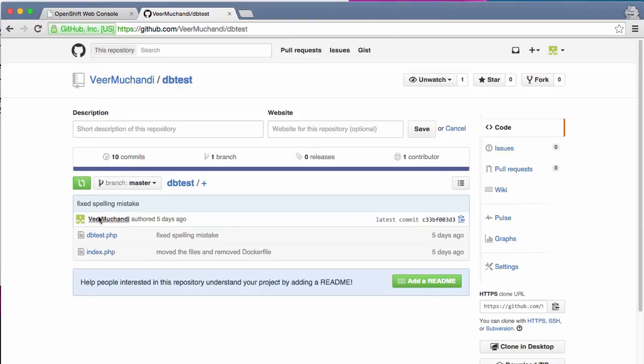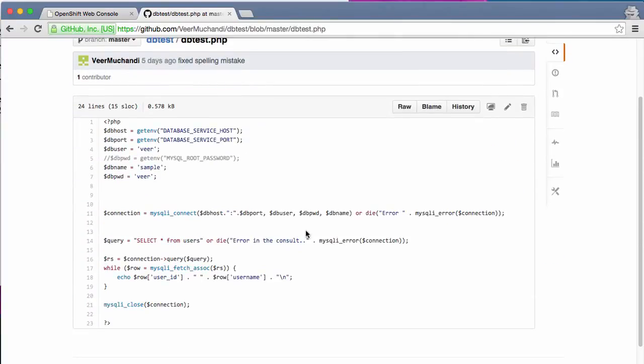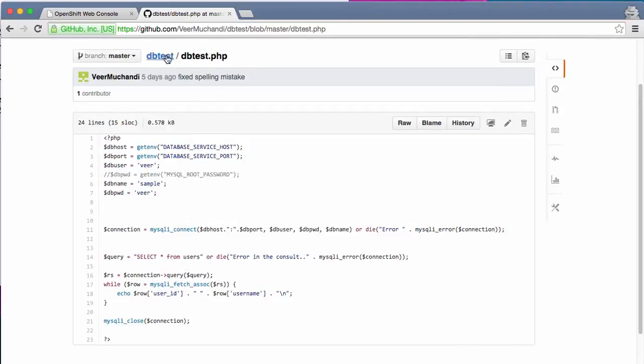As you can see, the source code is in the form of a PHP file. I have a simple PHP. This is the same as what we have used in the previous example. It will connect to the database and it'll display the list of users from the users table. As simple as that. So what we are going to do is